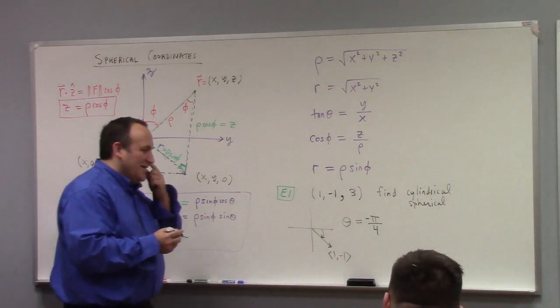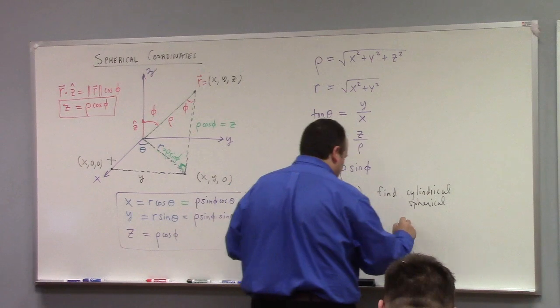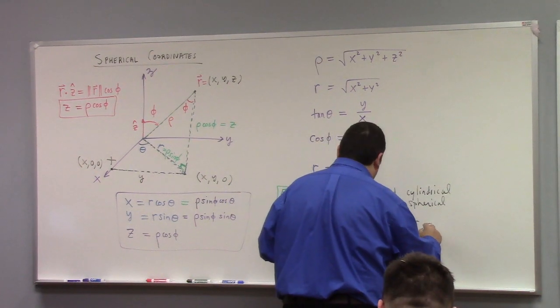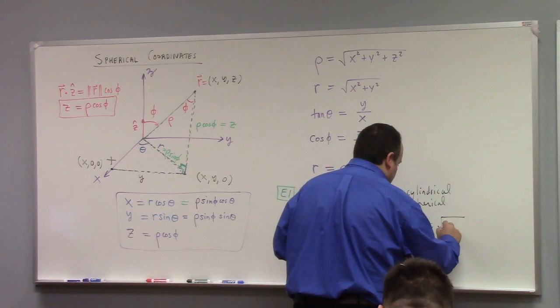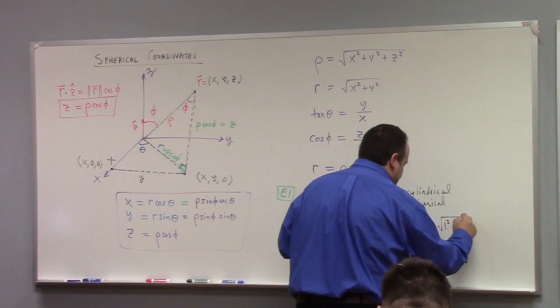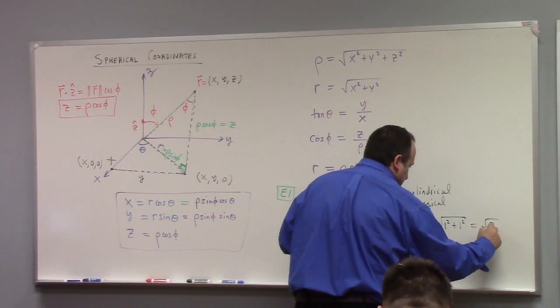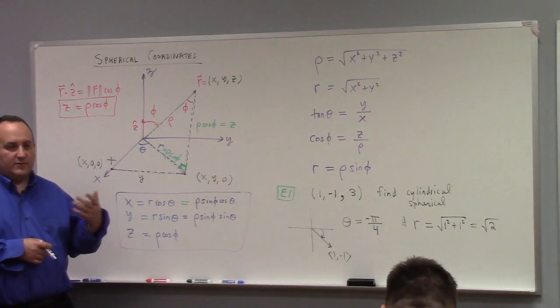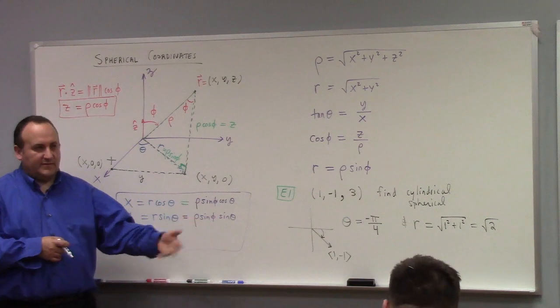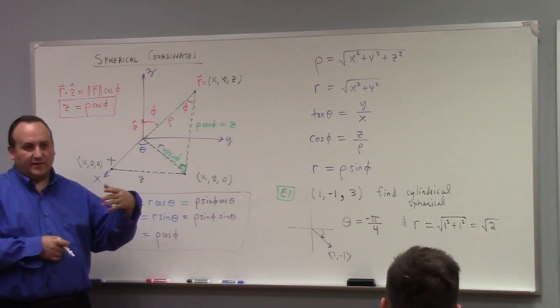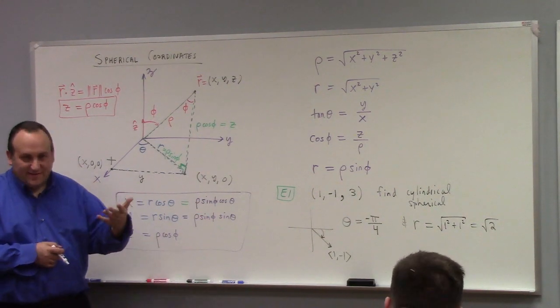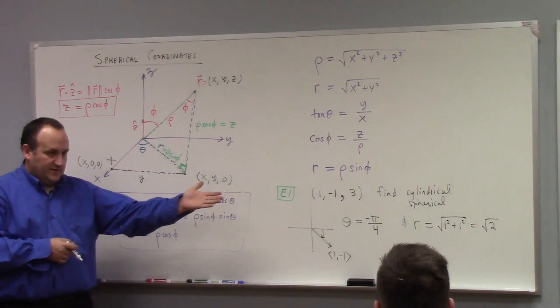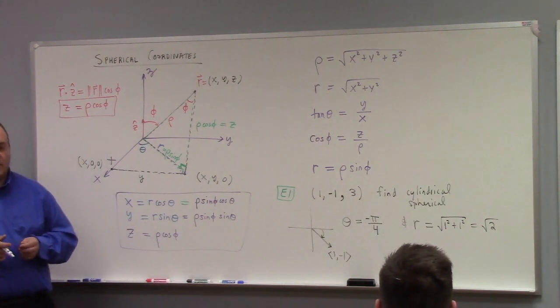Oh, okay. So theta equals minus pi over 4, and what's the radius? The cylindrical radius is the square root of 1 squared plus 1 squared, because the minus gets eaten, right? So the cylindrical radius is just square root of 2. All right, so cylindrical coordinates are r equals square root of 2, theta equals minus pi over 4, and z. What is z? 3, right? What are the spherical coordinates for this point?